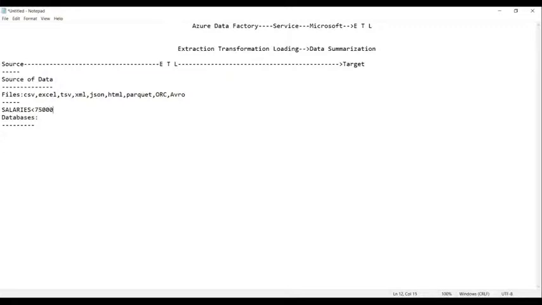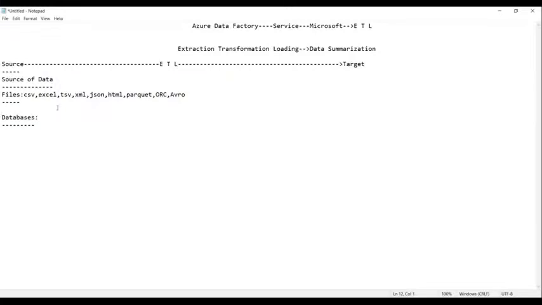This kind of retrieval is a bit difficult in Excel or CSV files. Hence, we go for a database. So there are three reasons: one is security, second is storing huge and bulky data, and the third is retrieval. These are the three reasons why we use a database.